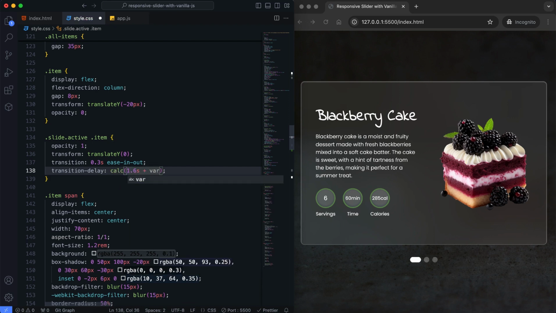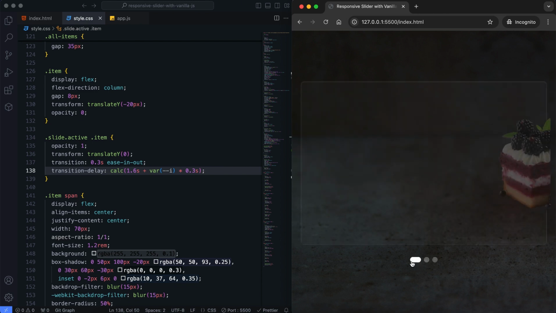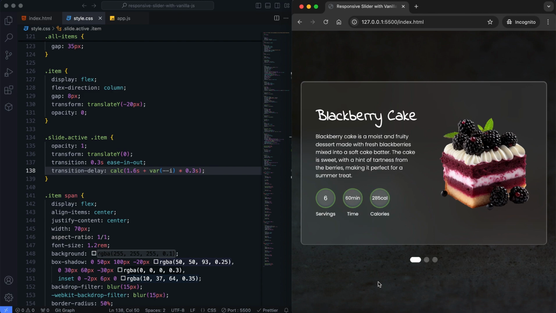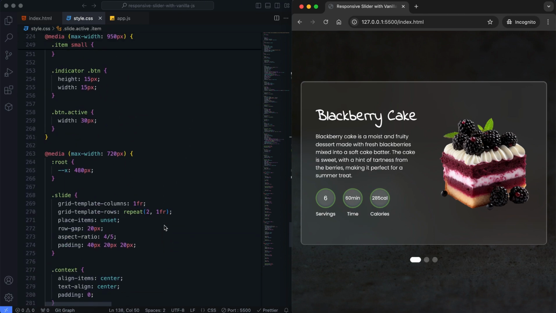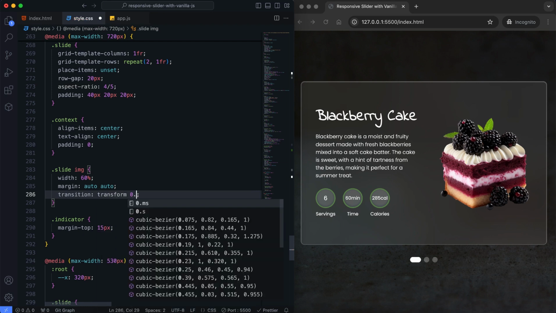Each item will be shown with a delay when the slide is active. Since the width decreases on the mobile screen, I set the transition value again.